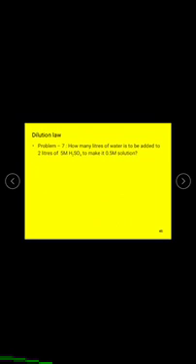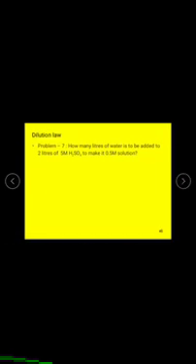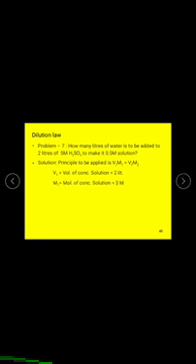Problem number seven. How many liters of water are to be added to 2 liters of 5 M H2SO4 to make a 0.5 M solution? This problem involves the principle M1V1 = M2V2. V1 is the volume of the concentrated solution, 2 liters. M1 is the molarity of the concentrated solution, 5 M. V2 is the unknown. M2 is the molarity of the final solution, 0.5 M. When we substitute these values in this equation, we get the answer.